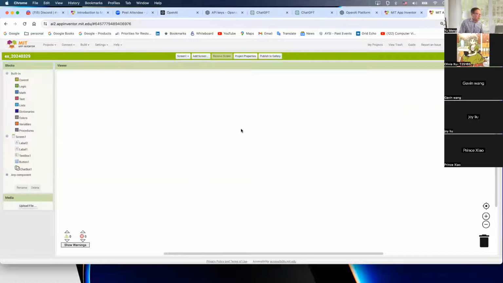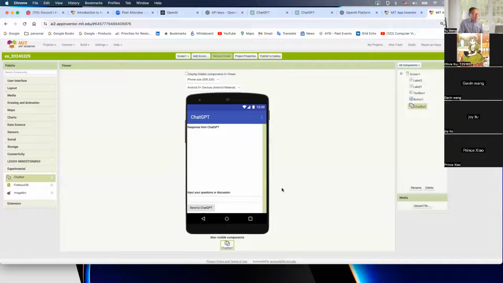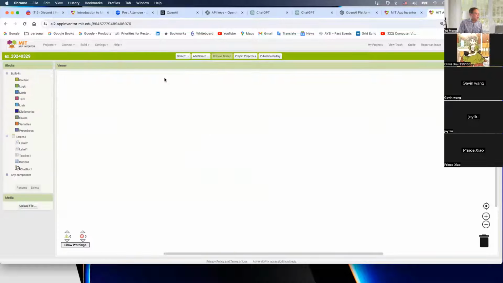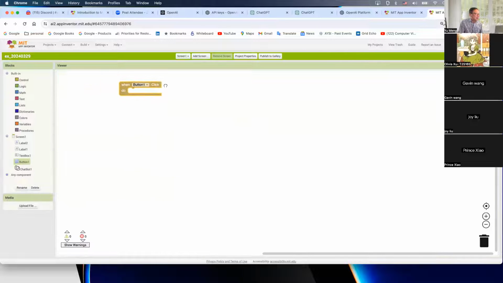We're going to go to the other side. Where are we going to start? Usually we start with a button, right? Because our code usually starts with a button. The reason is there is a link. Whenever you click a button in the front end, it's going to ask the computer to execute something. So a button is always the best way that we can start our coding. Okay, so we go to this button click, right? Whenever it's clicked,